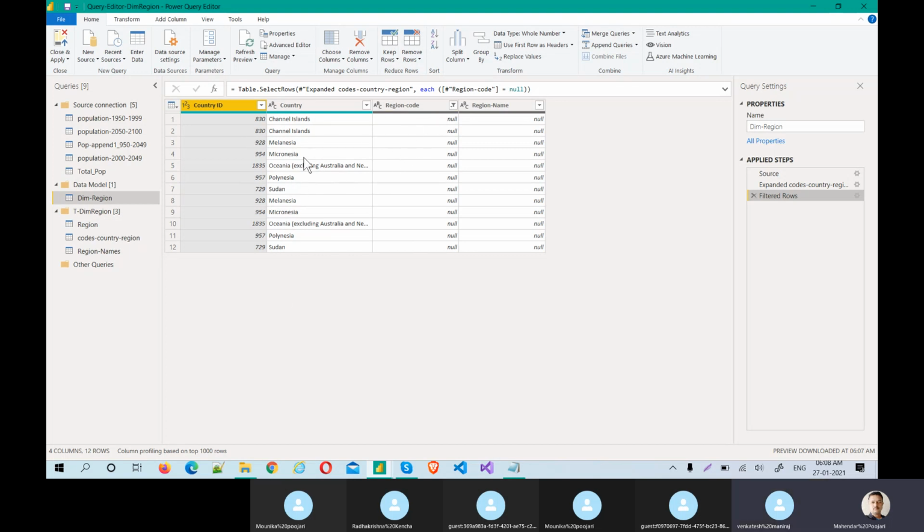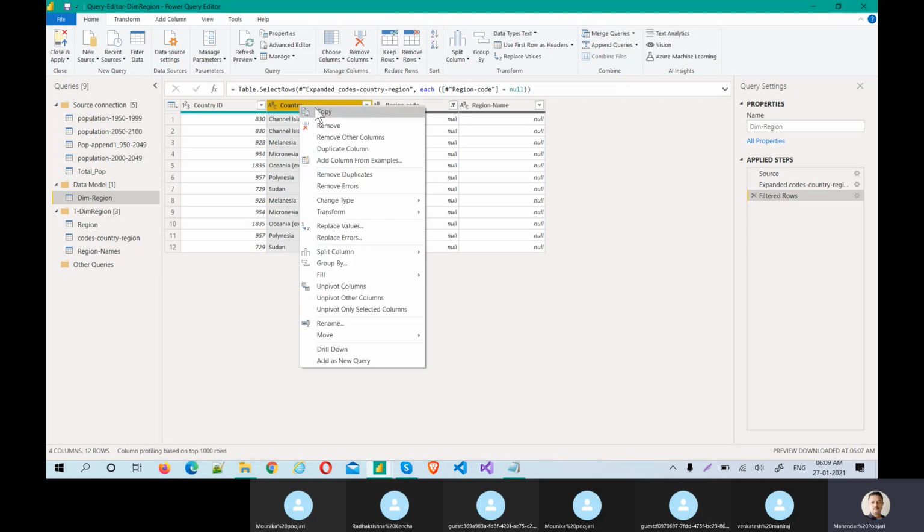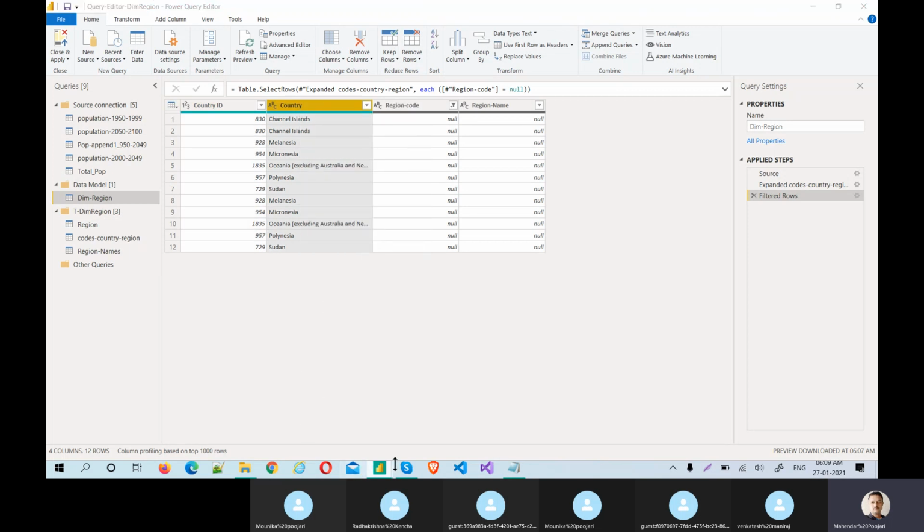What they will tell you is that they will send you one more file saying that these countries actually belong to this region, please process. Let's assume we got a new file for these countries. You simply copy and paste this into a mail saying